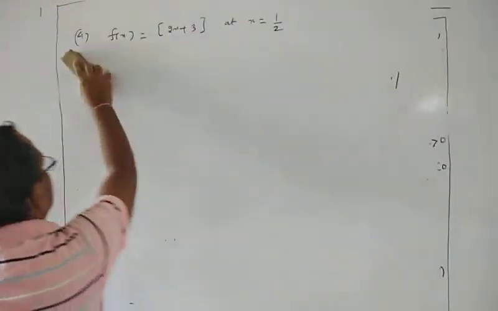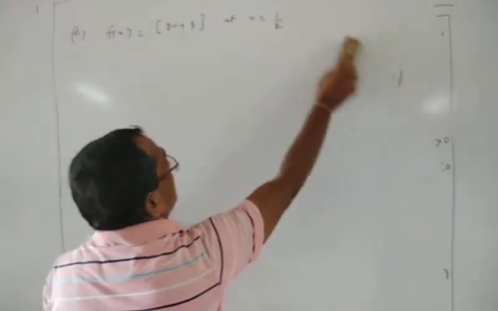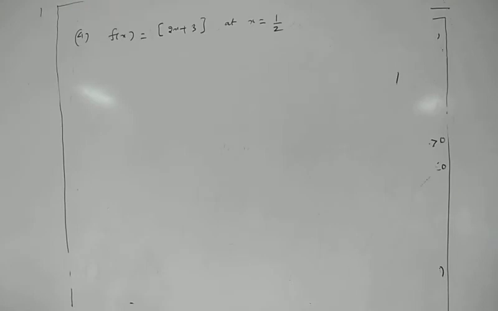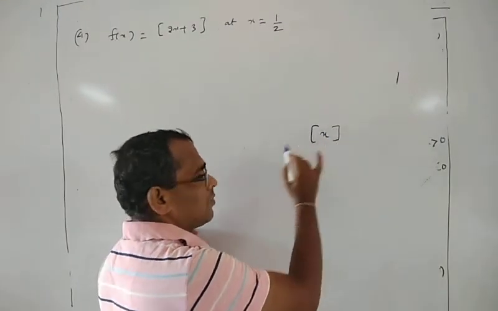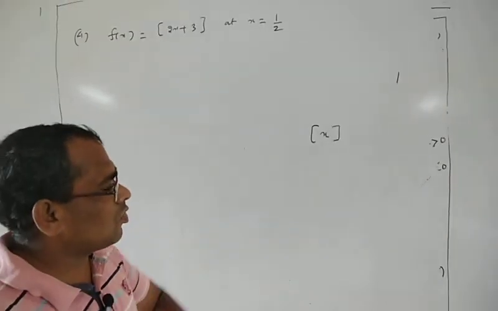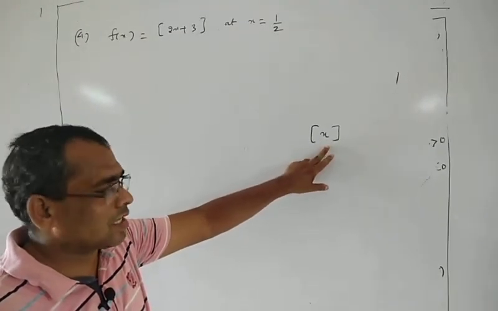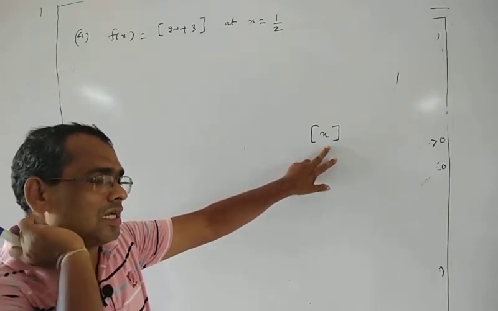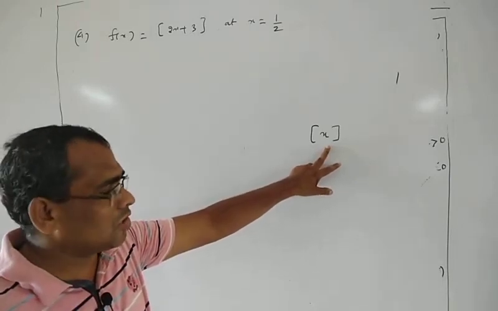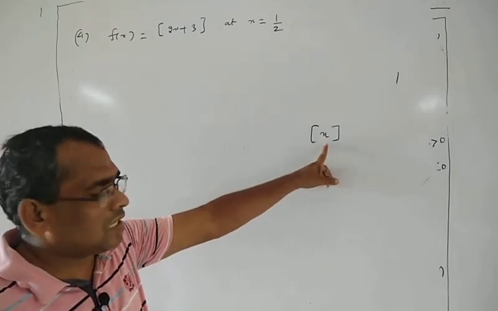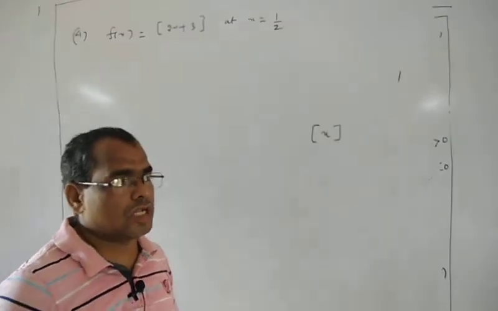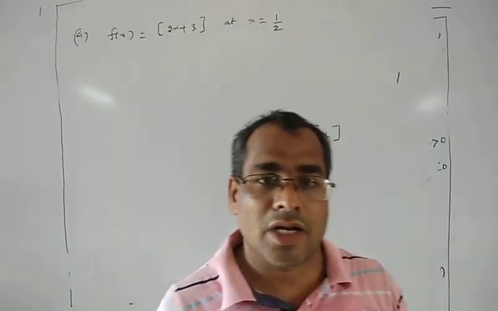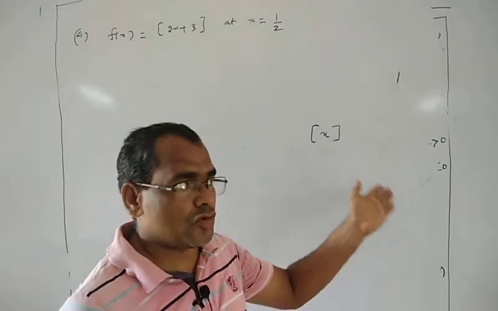So in that question f(x) is a greatest integer function. You know the greatest integer function. The greatest integer function is denoted by square bracket x. Square bracket x, for all x belongs to R, square bracket x must be an integer. That integer must be less than or equal to x. The bracket x value will always be an integer, which can never be greater than the number itself; it will be less than or equal to it.